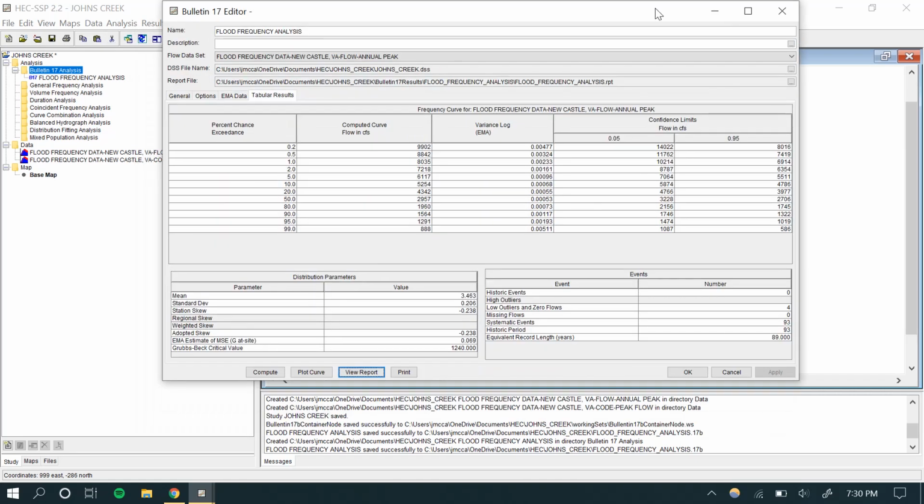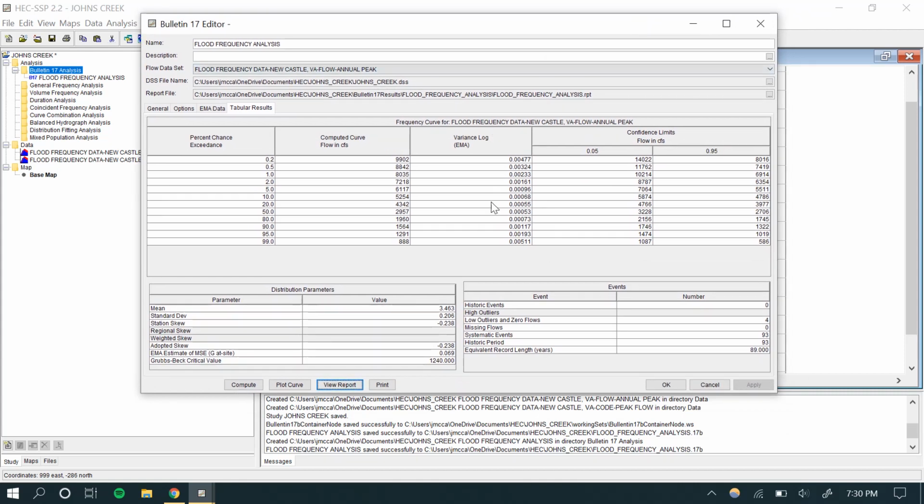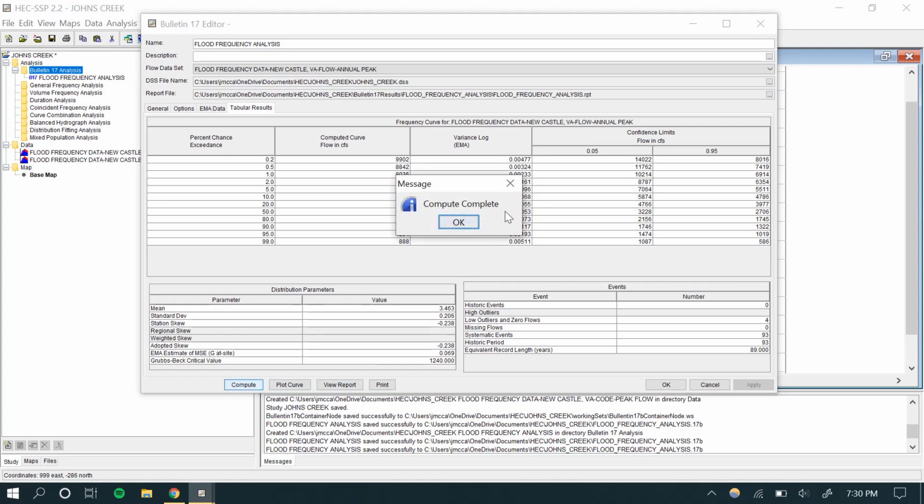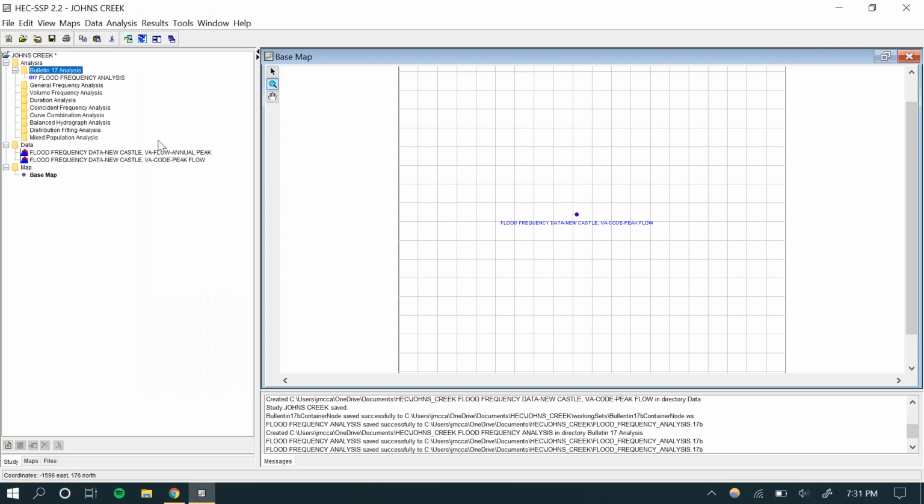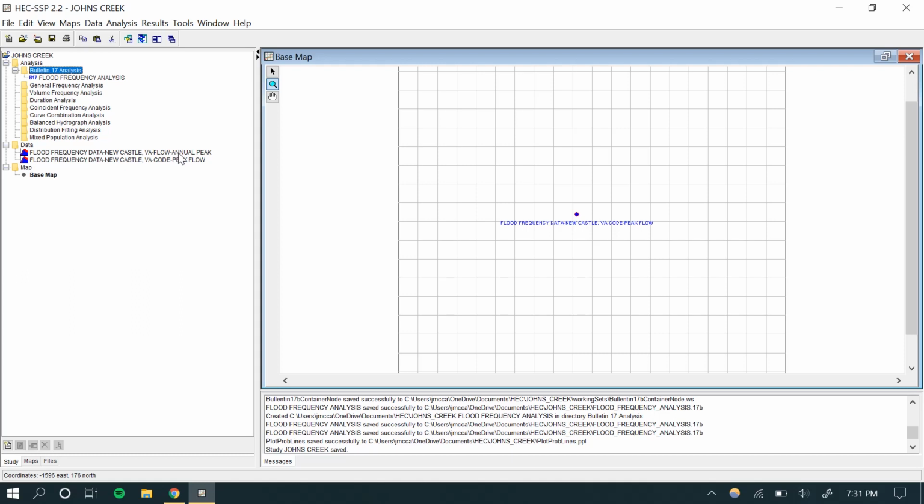So this is pretty much the end of our analysis. Once you've got your outputs, your plot curve, and your report, that's all you would need for the assignment for this section of the course. So just a note for future tutorials, we're actually going to be using this same exact study as we move through the subsequent tutorials, because I can just add different analyses and different data sets to any HEC-SSP study. So we're going to move forward in the next tutorial with doing a low flow analysis in HEC